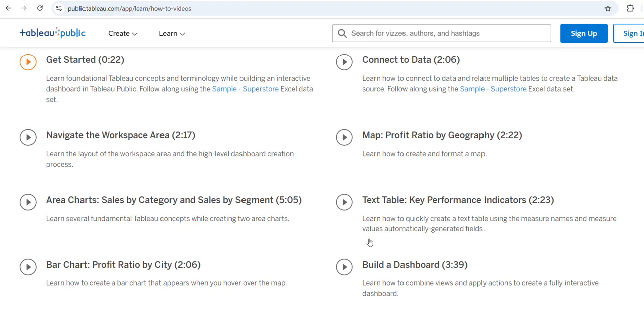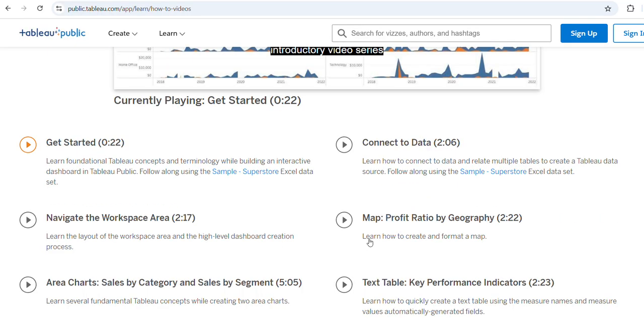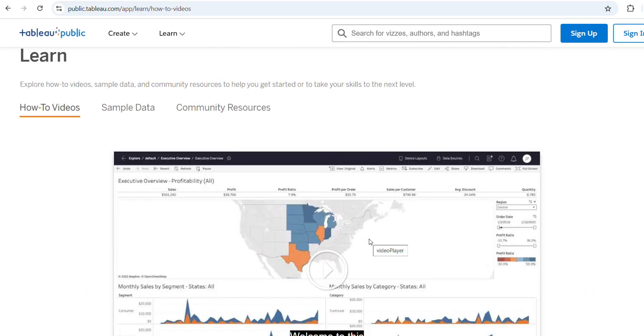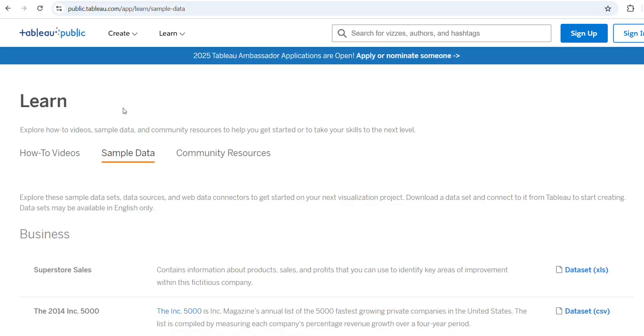These are introductory, short videos where you can learn how to drag and drop small graphs. And later on, there are a lot of other video sources available where you can look into how to create